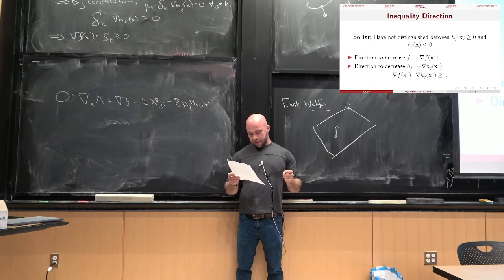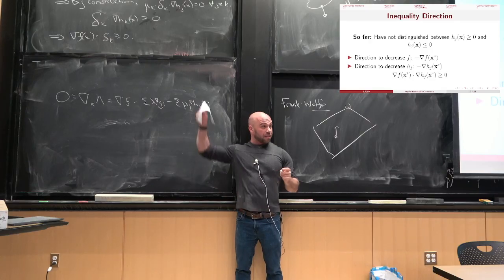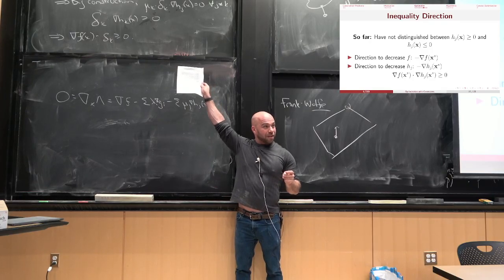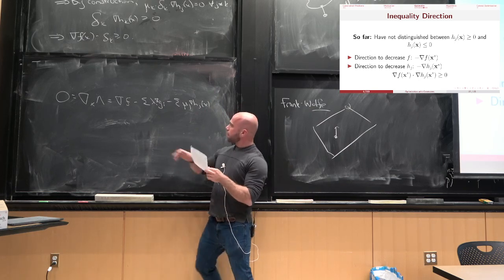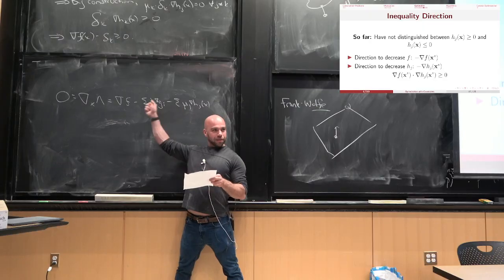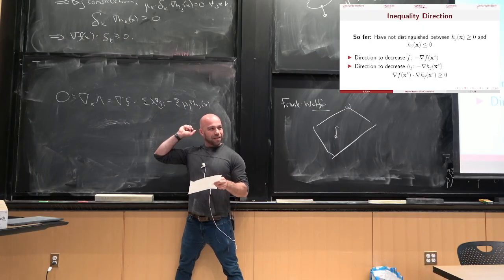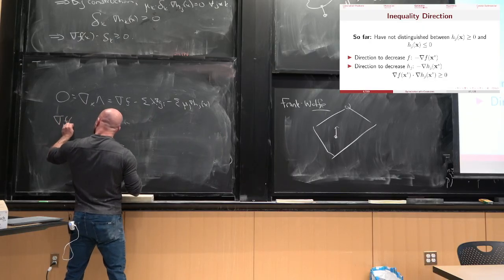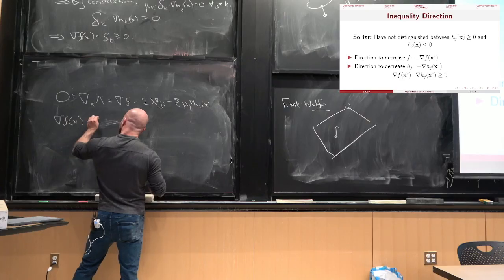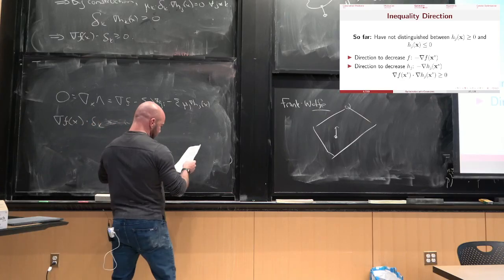And I'm going to take the dot product of both sides with this delta k. Okay? We have grad f is equal to the sum of these two things. Yeah? So in particular, we have grad f at x dot product with delta k is equal to,